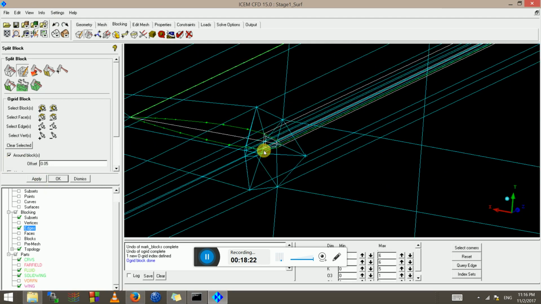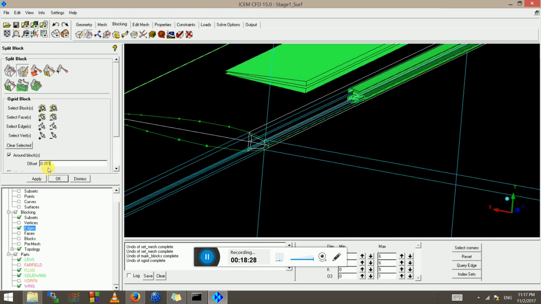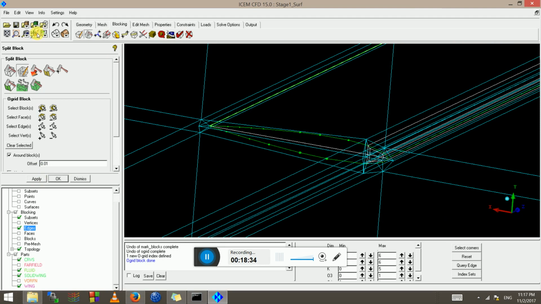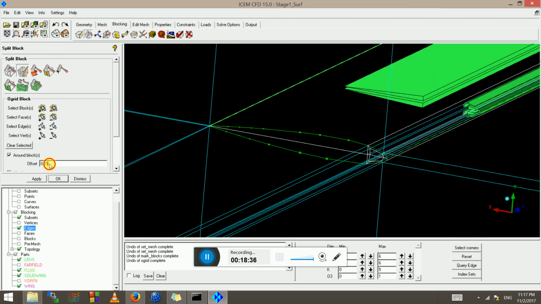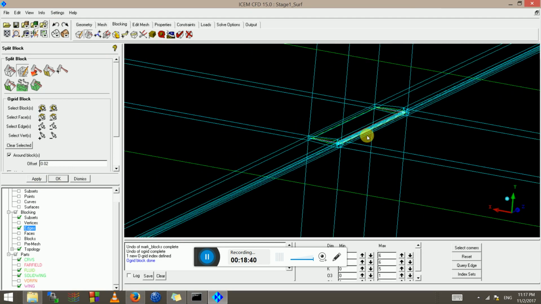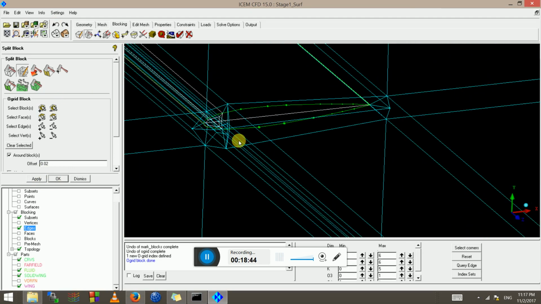Okay, so I'm quite happy with that, or maybe not. Maybe one more time I'll do it, 0.01. Click apply. Yeah, so too small. 0.02. Apply. Okay, now I have an O grid around the wing,